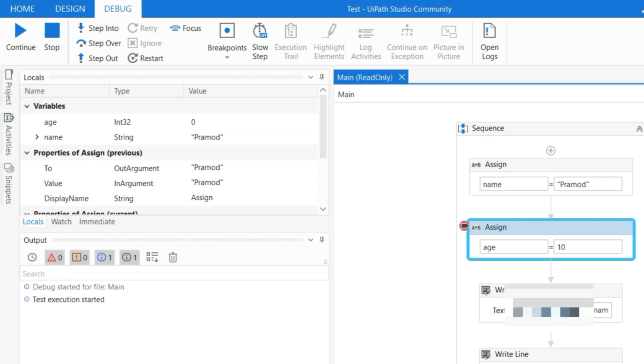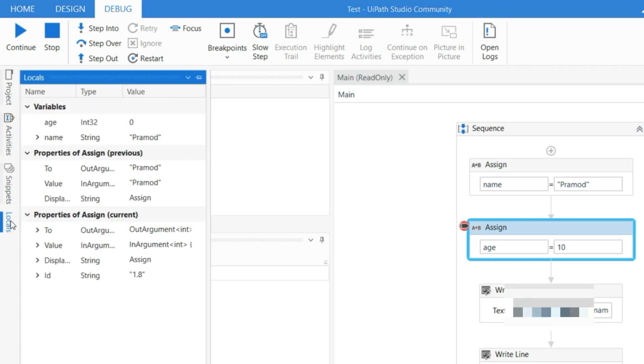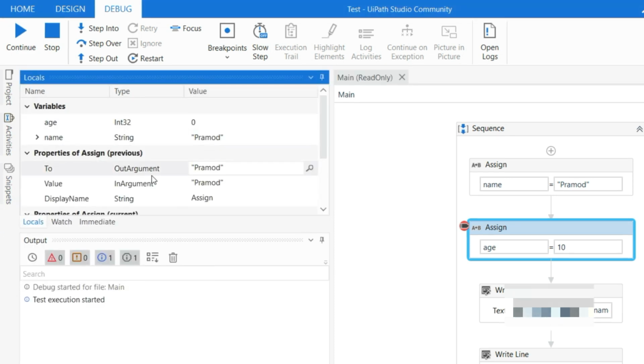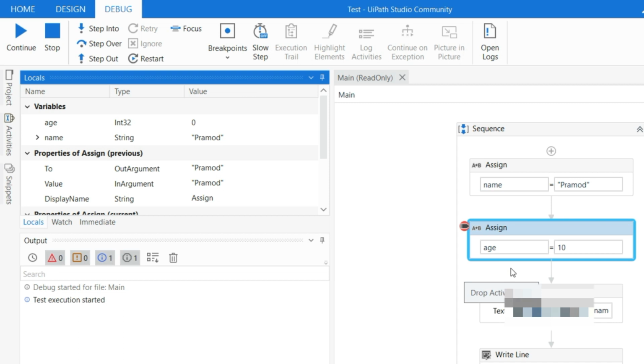So at present, you can see at the left side, you will see some new screens. You can see this Locals section. If it is not showing, maybe sometimes it is collapsed, so you can just find where Locals is and click it. This Locals section will show you what variables you have at this stage. You can see there are two variables already there, and it is showing the value 0 in age. Can you see this? It is not showing the value because this activity is not executed yet. It still has to execute, so that's why the age value is not assigned. By default it is 0.